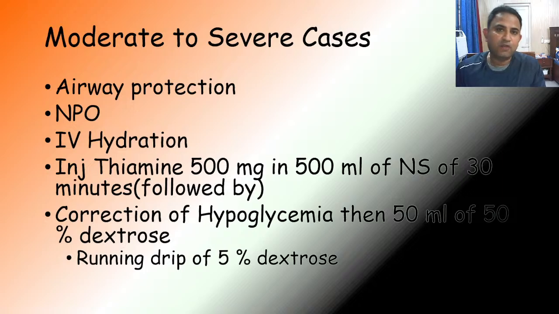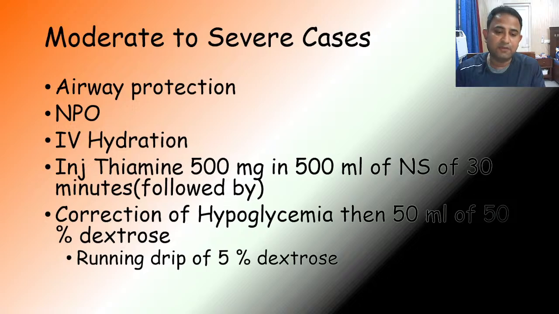So we'll be covering Wernicke syndrome and Korsakoff syndrome in the coming classes when we talk about the neurological manifestations of alcohol use disorders. But before you start correcting hypoglycemia, please supplement the patient with thiamine. Give injection thiamine 500 milligram, dissolved in 500 ml of normal saline over 30 minutes. At the same time, start correcting the hypoglycemia with 50 ml of 50% dextrose,